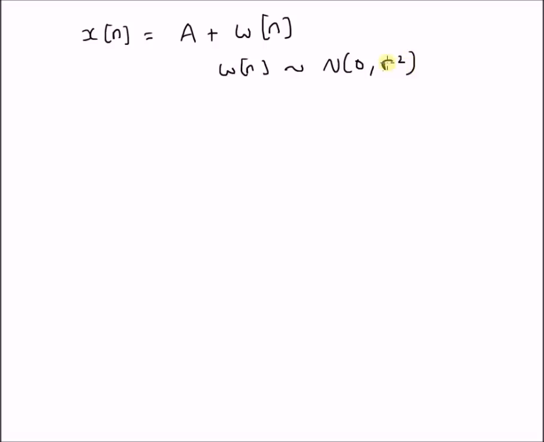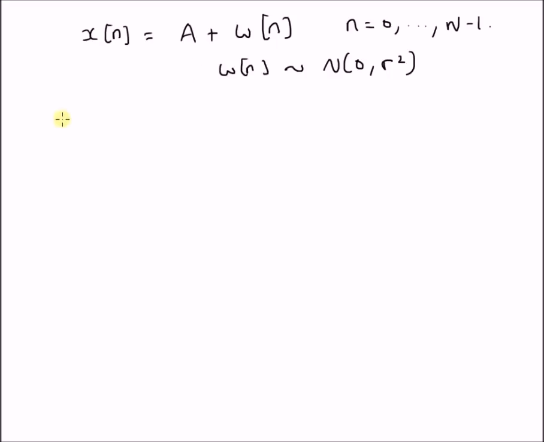Hello, welcome. In this short video, let us look at an example illustrating the concept of sufficient statistic for the estimation problem. We will basically look at the linear model x of n is equal to a plus w of n, where w of n follows a Gaussian distribution with mean 0 and variance sigma square, and n has the values from 0 to n minus 1. So given this linear model, we want to look at the sufficient statistic required for the estimation of the parameter